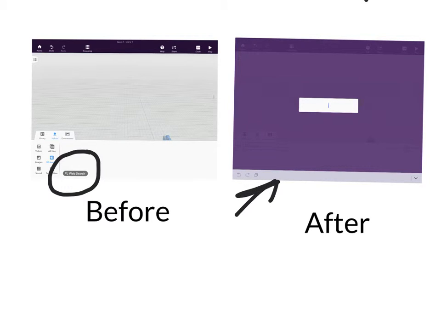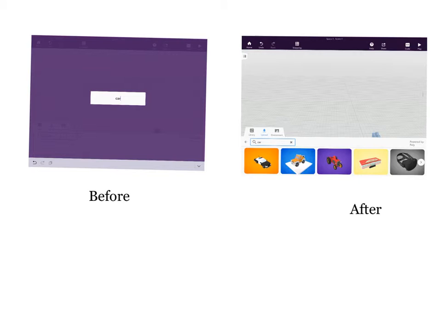Then you want to type in what you want to search. After the purple box pops up, type in what you want to search. Then you should get a box of items,